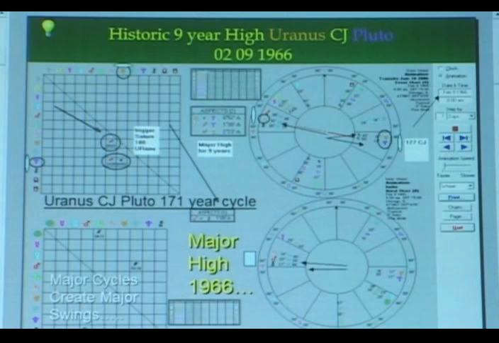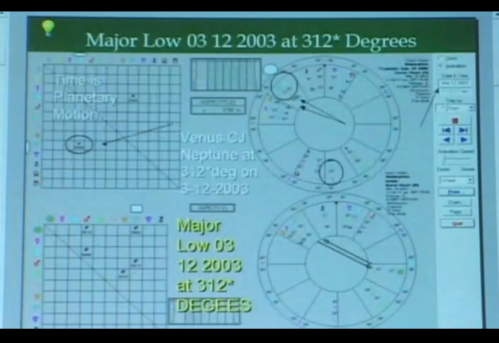Now we're going to go to our current major low, which occurred on 3/12/2003. This is one of my favorite slides because time and price are actually proved for the first time that time is planetary motion. Time, as we understand it, is planets. This date was 3/12/2003. The event was Venus conjunct Neptune at 312 degrees on